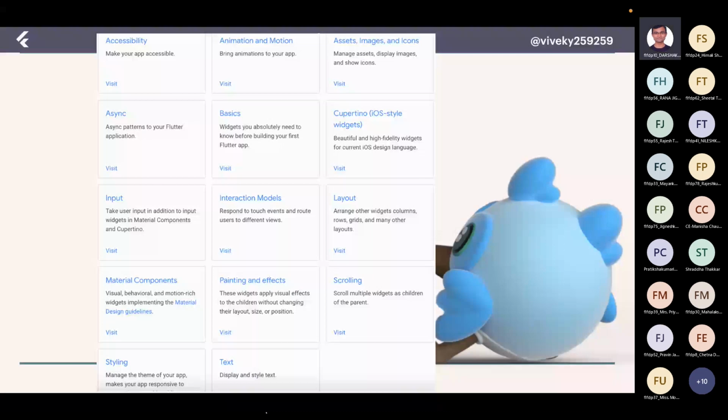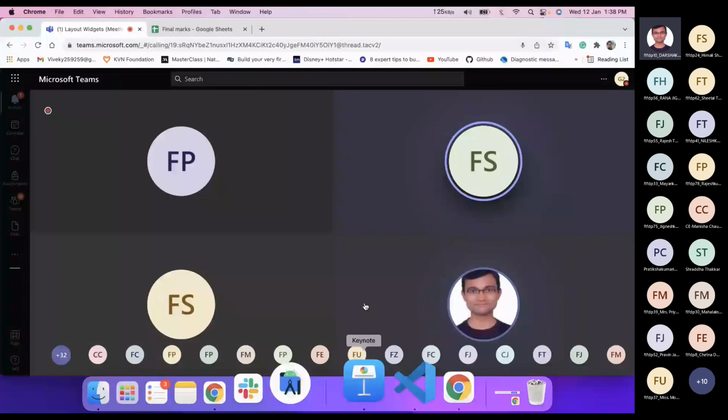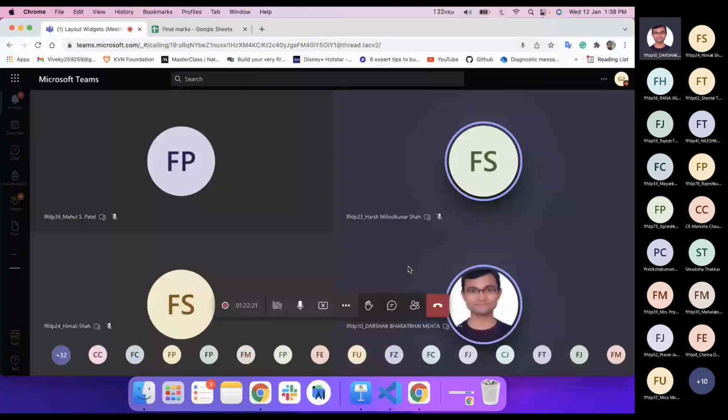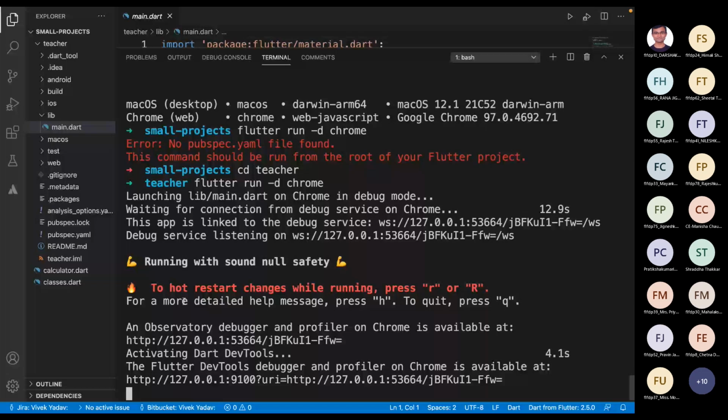Am I audible? In VS Code, is it necessary to have output in the Chrome browser only, or can we have other browsers as well? We can have other browsers as well. For example, this particular thing is not part of VS Code. I'm running that on the terminal. Terminal means CMD in Windows, and in Mac OS and Linux, we have terminal.